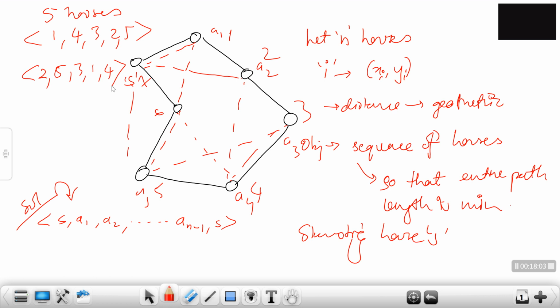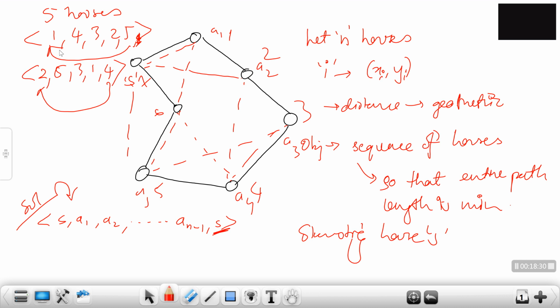Now I'm skipping this part. I have not written 2 again, or 1 over here, because only these are the sequence. We know that after 5, 1 will come, and here after 4, 2 will come. This is going to go back. So that is what we have. These are two solution sets, two individuals in the population set that we have.